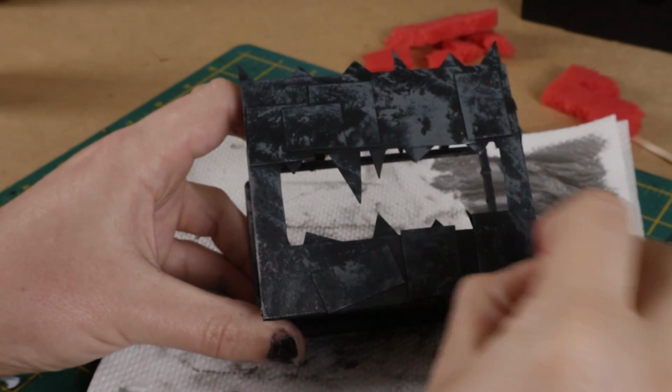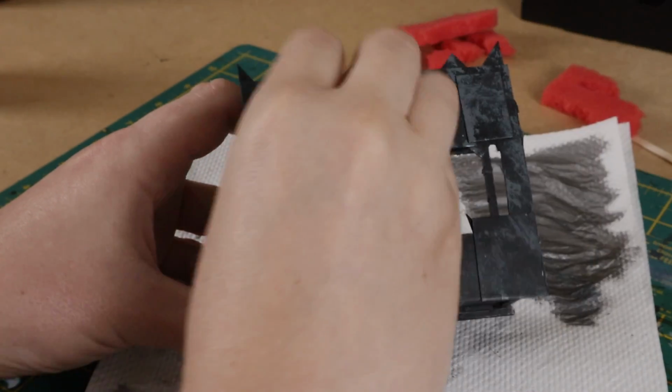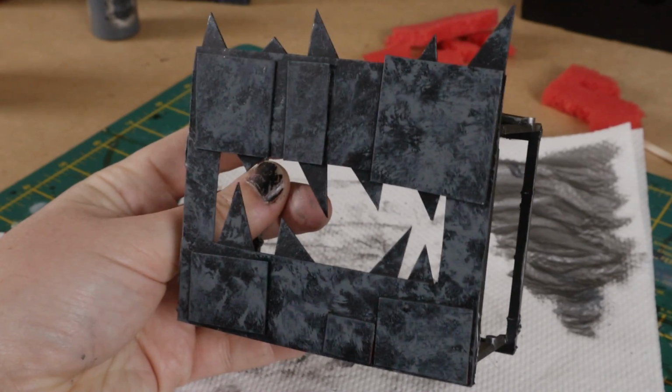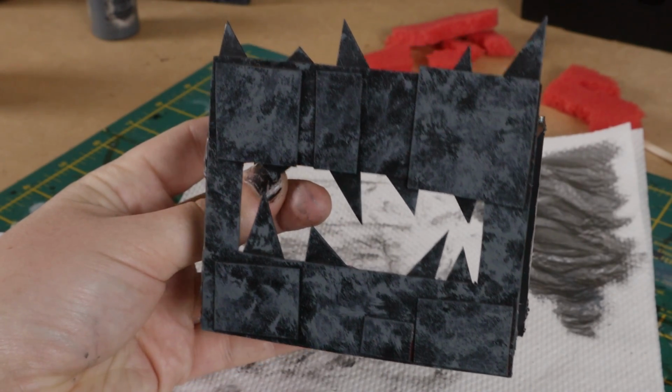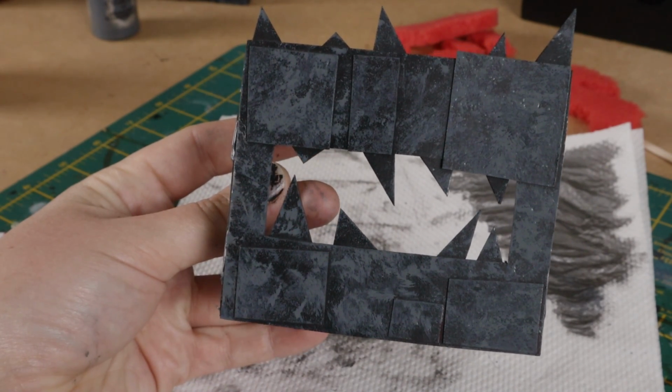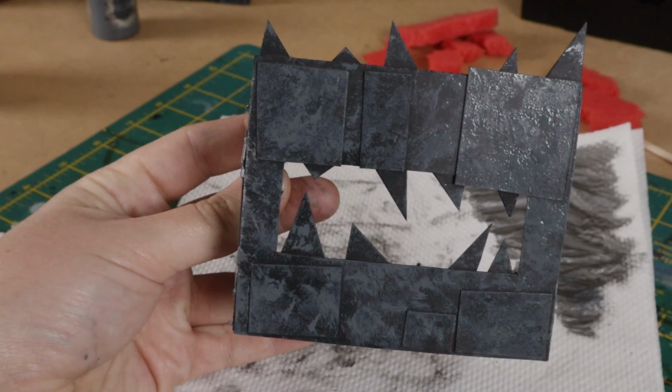Now smush some grey paint around on your palette with a sponge and start dabbing it onto the card in a sort of random pattern. Change how you hold the sponge and rotate it so you don't make the same splodge pattern appear everywhere. You can already see that as the sponge can't reach into the recesses very well, it automatically creates this illusion